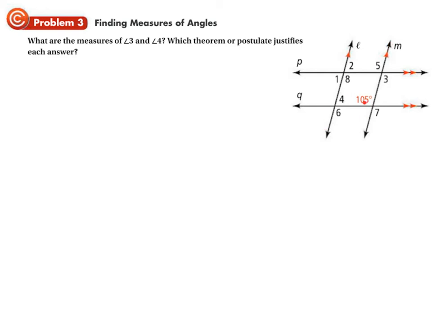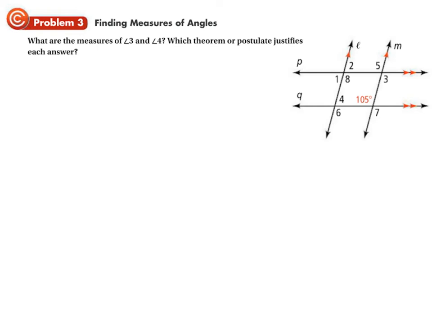But if we know that this is 105, and we know all the lines are parallel, then angle 3 is alternate interior with it if we were talking about lines P and Q. And same thing here, we would know that these two are supplementary